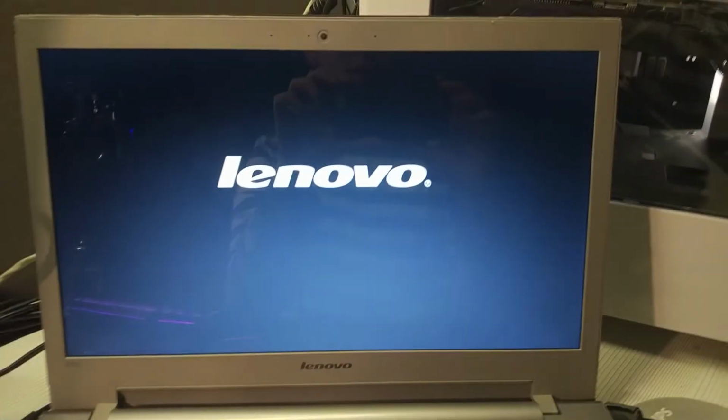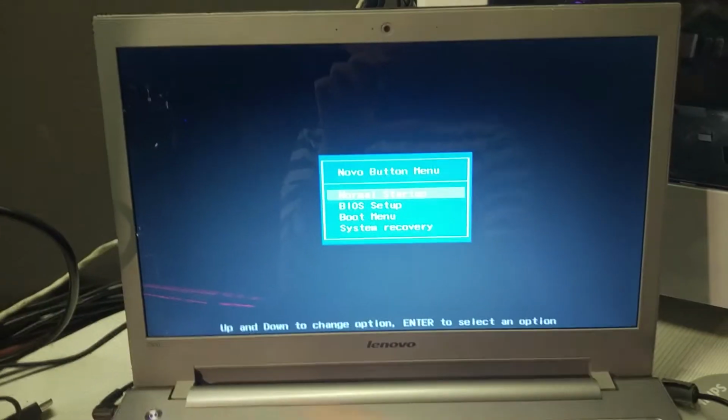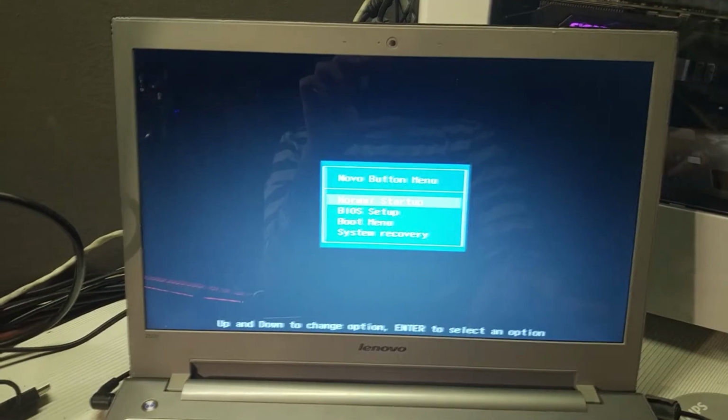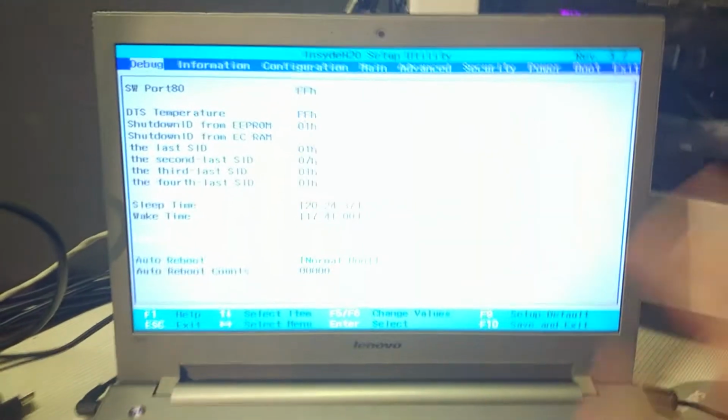So I'll show you how I kill my laptop screen, and I'll show you what I mean. See, this is the Novo screen. Most Lenovo laptops have a button with this. You would have to press the BIOS setup to go into BIOS settings,